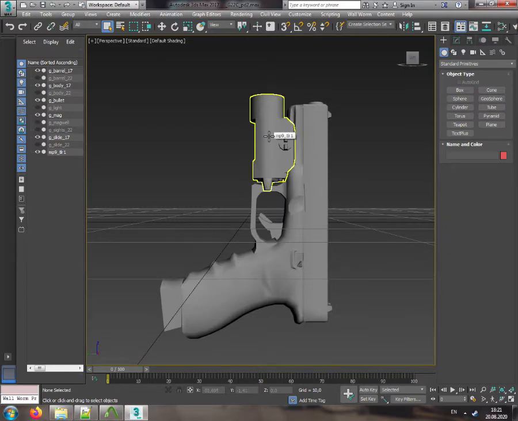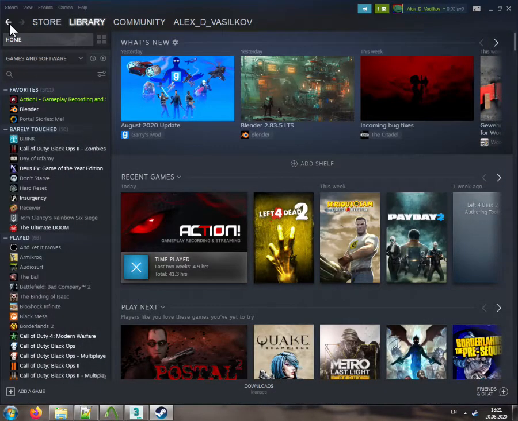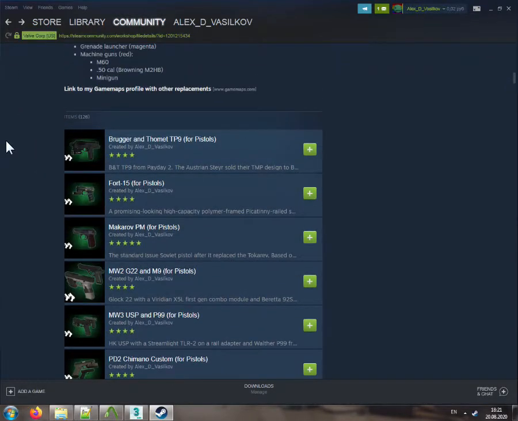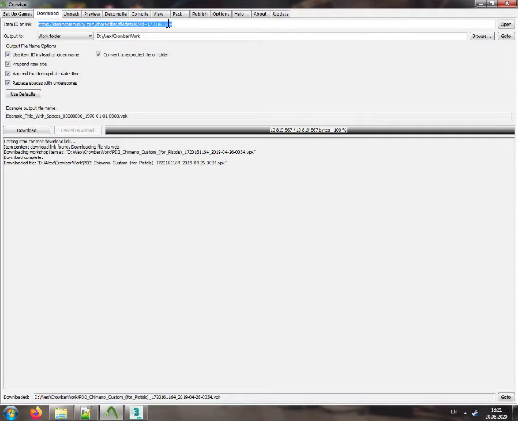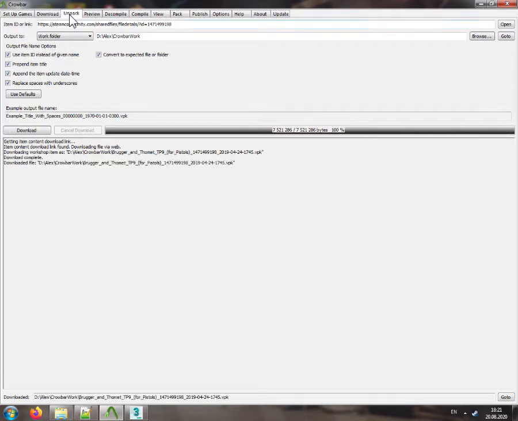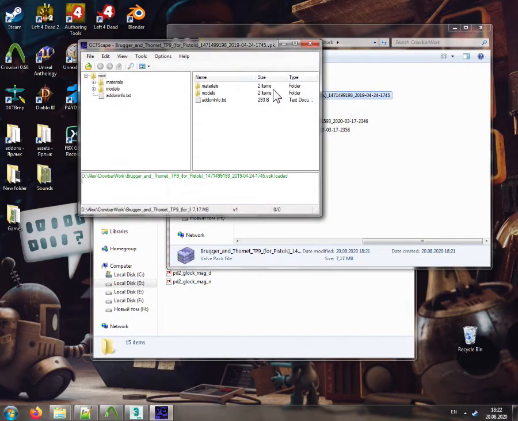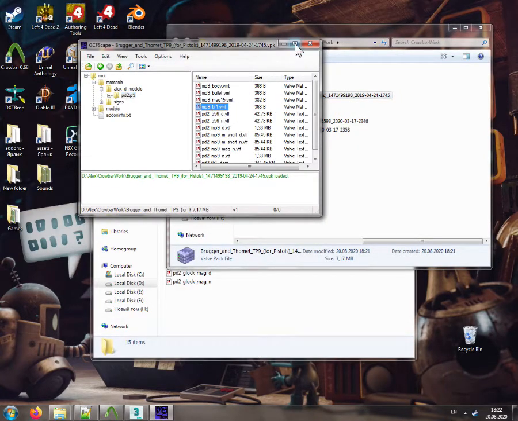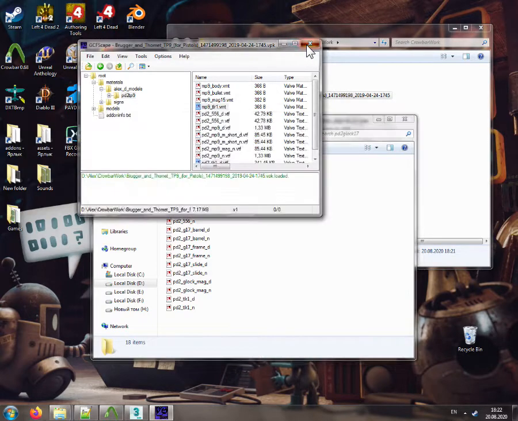We also want this thing, the black flashlight, and I have the texture in my other pistol mod. This one. Let's just grab it real quick. Download. Can just open it like that. TLR here. Okay. We're almost done,